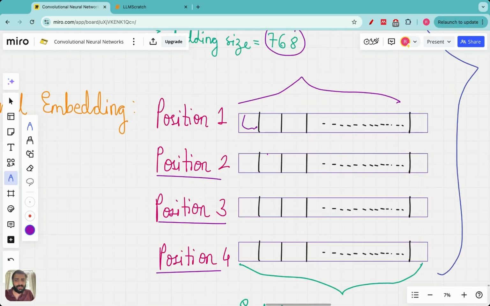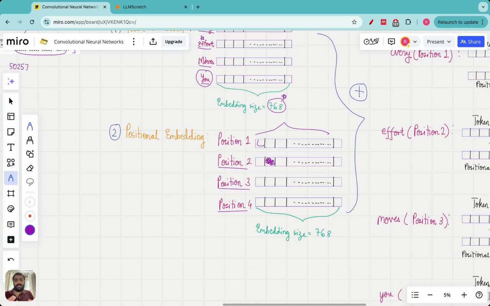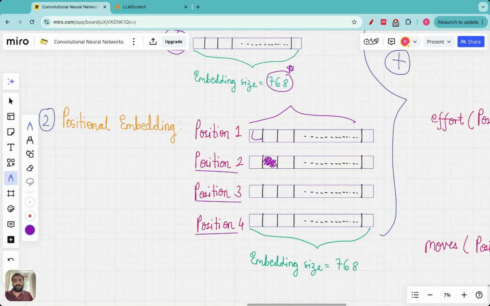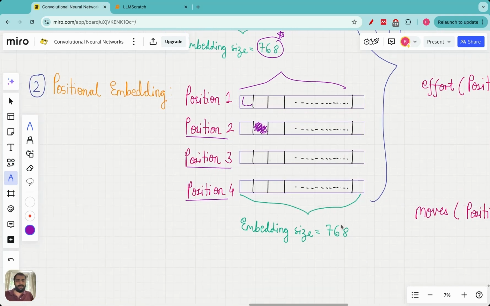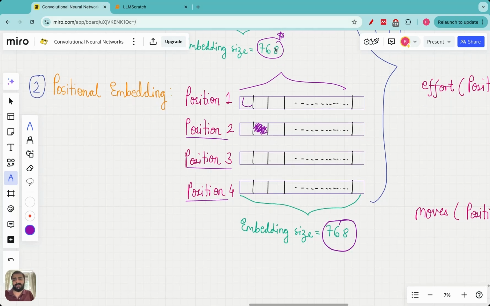These embedding values are initialized randomly initially. We do not know what these embedding values represent. These will be trained during the training procedure. But the important thing to note is the embedding size. The embedding size for every vector in the positional embedding is 768, and this is the same size as the